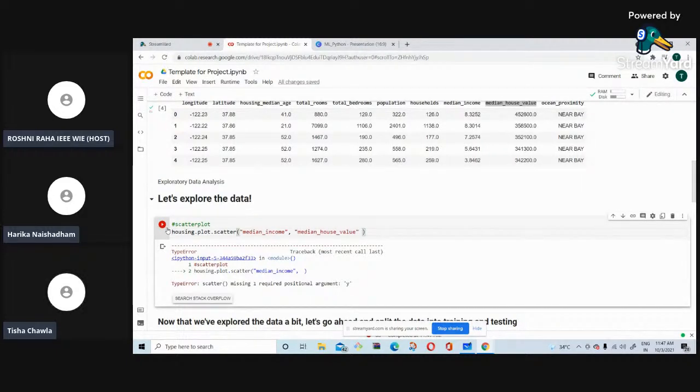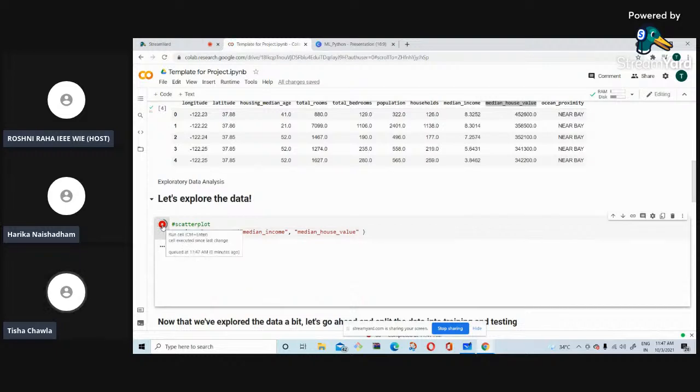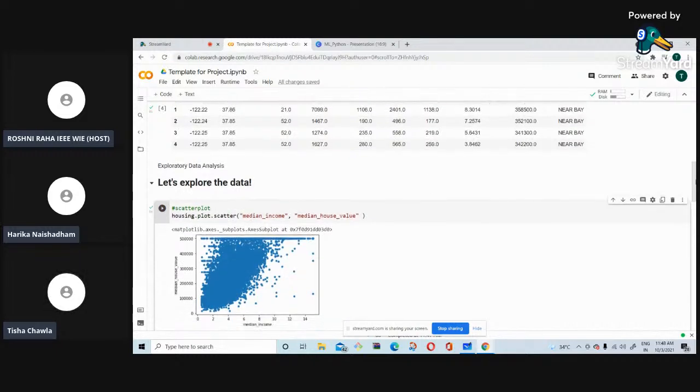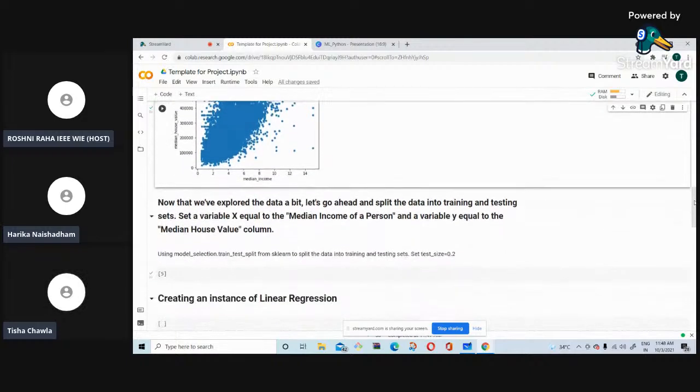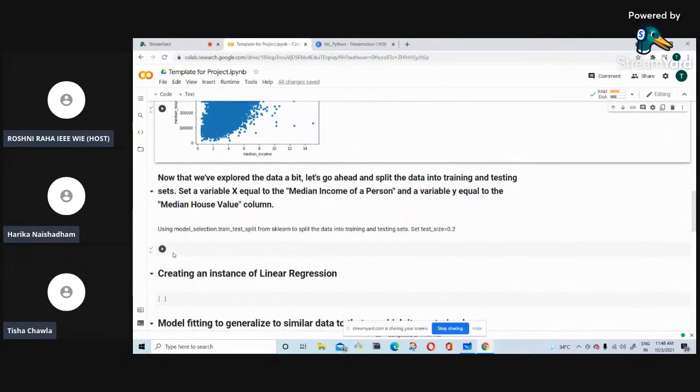So let's see what happens. We got a scatter plot, and you can see that it's a linear regression. However, it's not that strong a relation between these two variables, but it's kind of a linear regression only, so we'll assume that we can work on it. So now that we have explored the data a bit, let's go ahead and split the data into